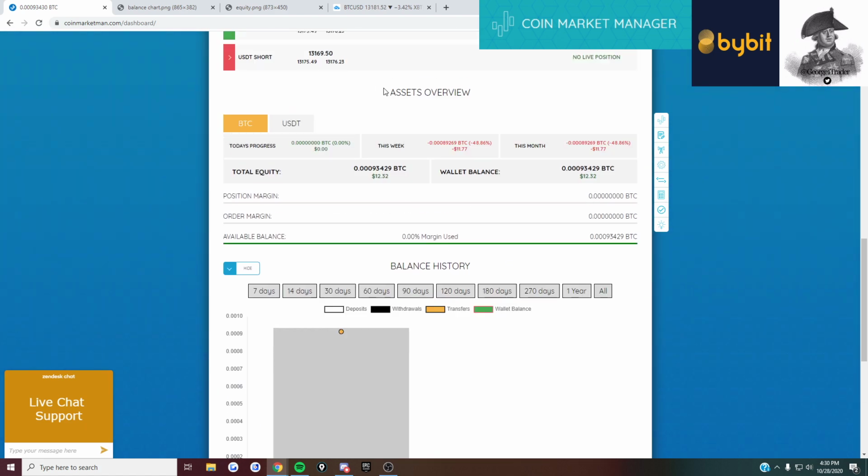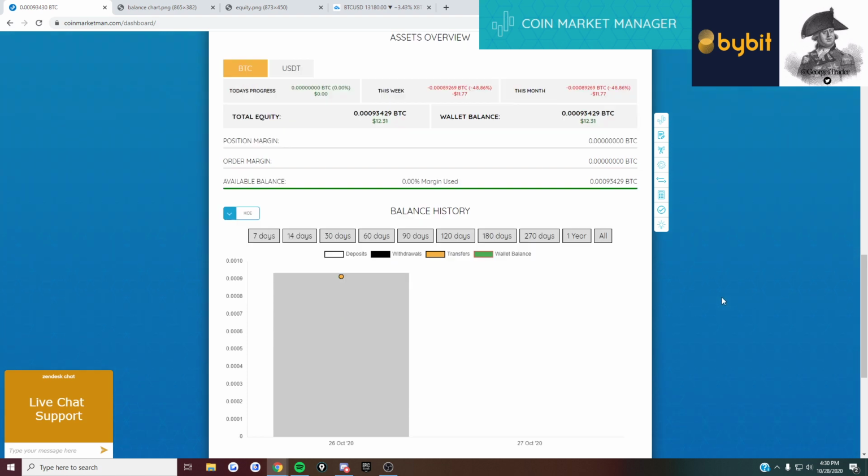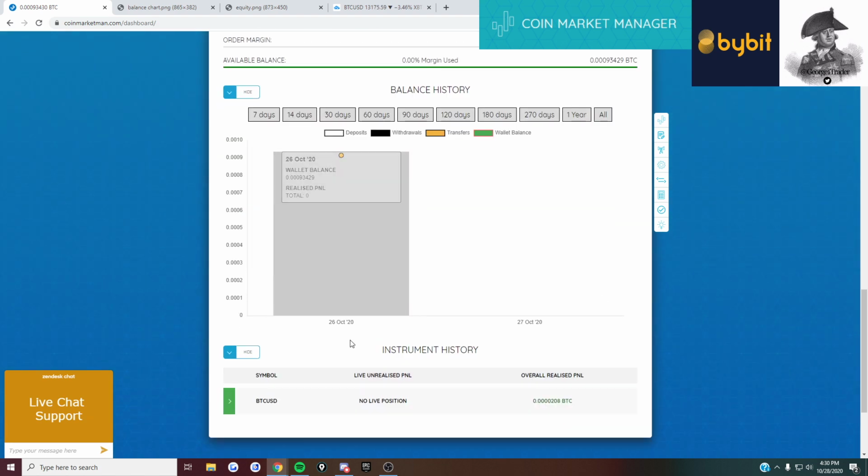Then down here you see your asset overview, okay. So that's a pretty useful graph, because here you will be able to see how your assets are going. So if you're actually making profit, this should go up. If not, it will go down, and you will also be able to see your deposits and withdrawals and transfers,